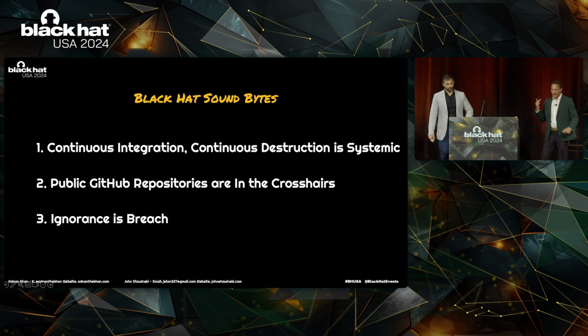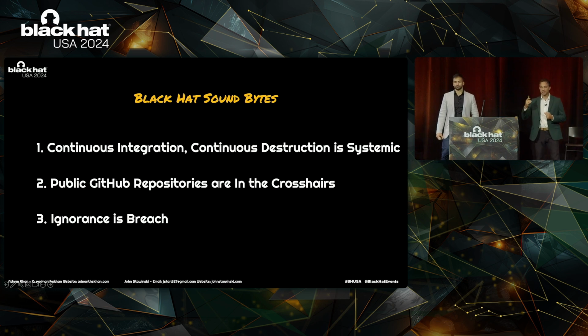There are 3 things we want every single person here to take away from this talk today and everyone watching online. So if you've been zoning out, focus up, pay attention for this last slide. The first one is that there is a systemic lack of awareness around self-hosted CI/CD agent security in the world's most advanced tech organizations. We've said it before, but it's worth repeating. The number 2 is that attackers are starting to focus on public GitHub repositories to launch these supply chain attacks. And so your public repos should be scrutinized just as much as any externally facing server or asset in your organization. And the third point is, I always like to say ignorance is breach.